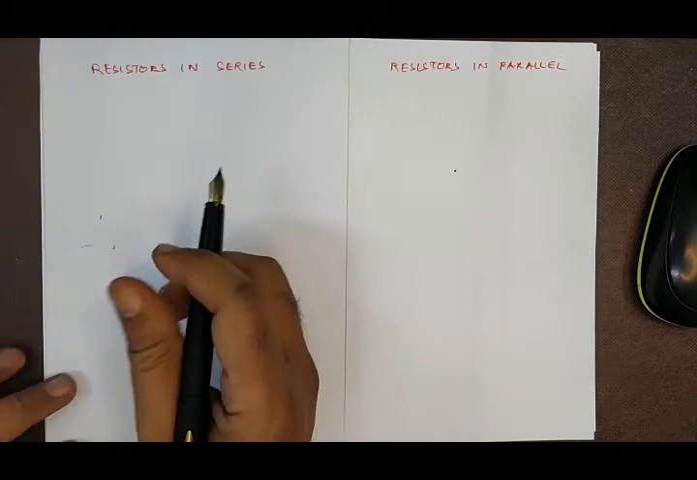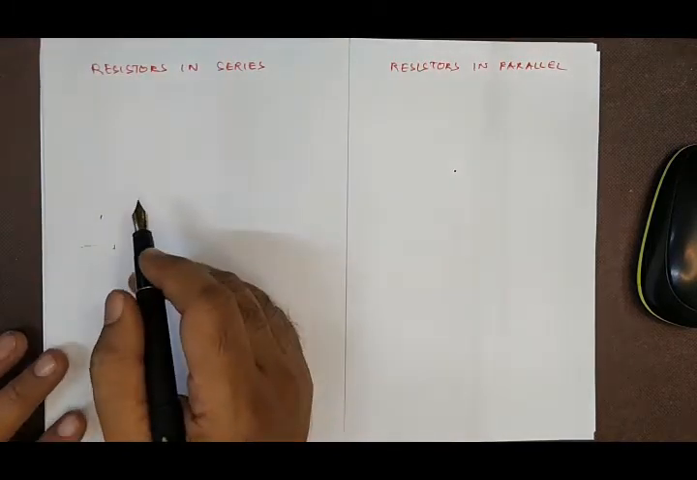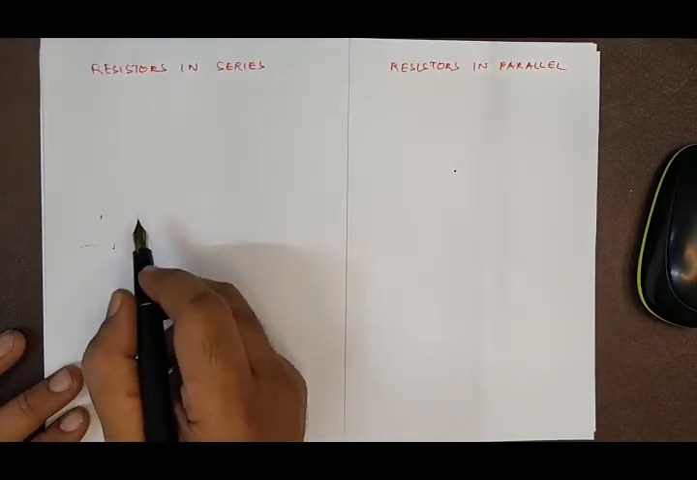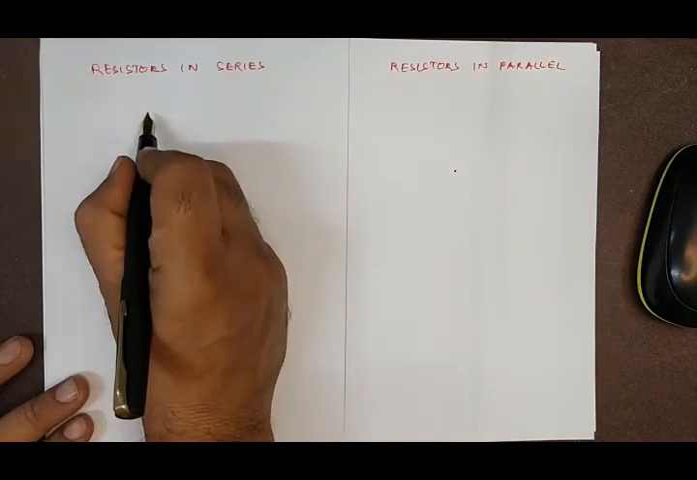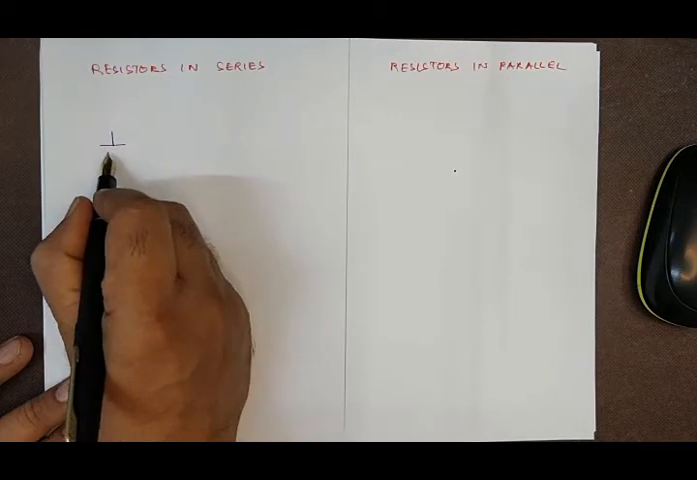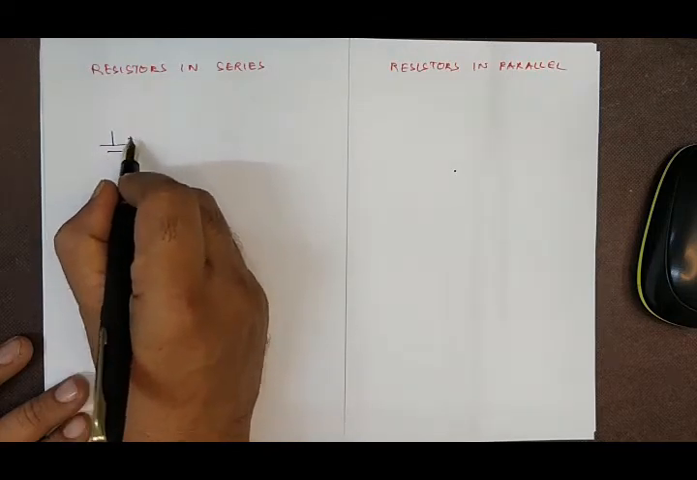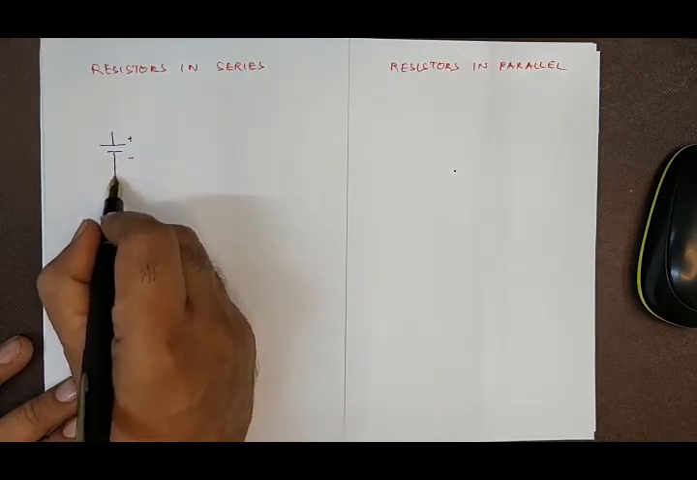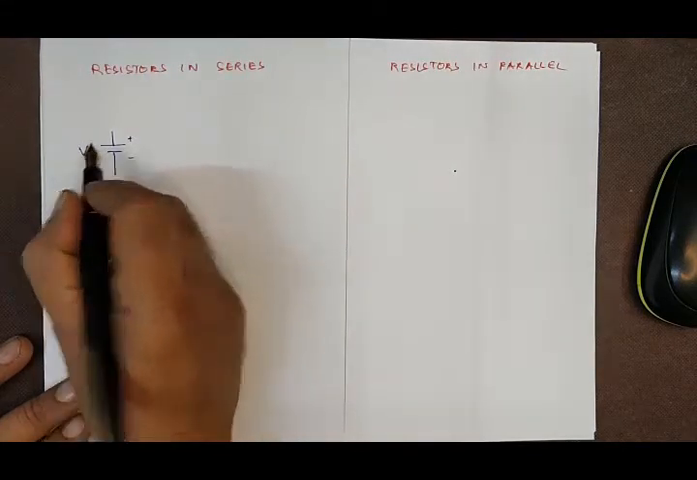Resistors in series and resistors in parallel. Let me consider three resistors here. Draw this diagram. We have got the potential here with positive and negative electrode, and this is the voltage V,